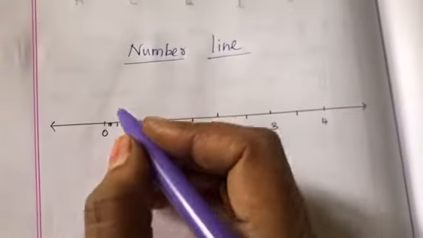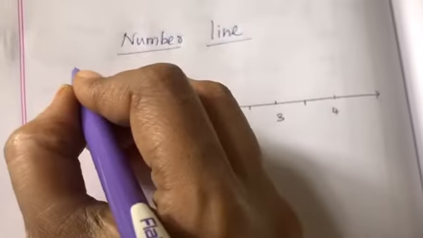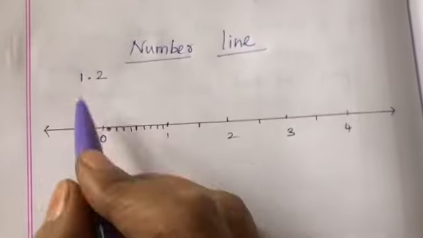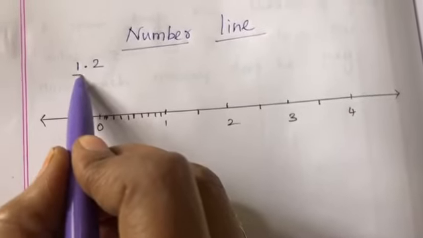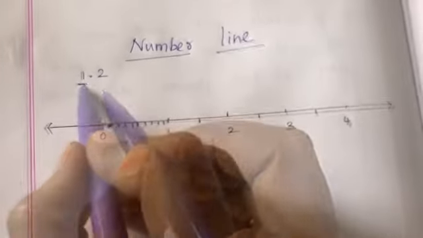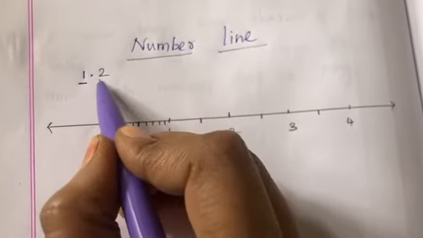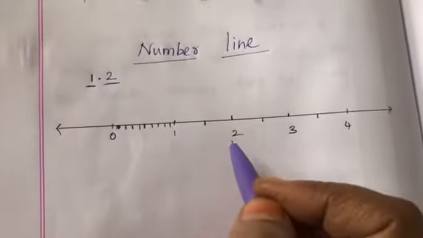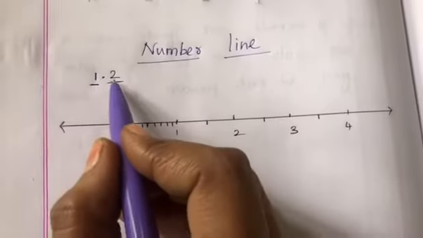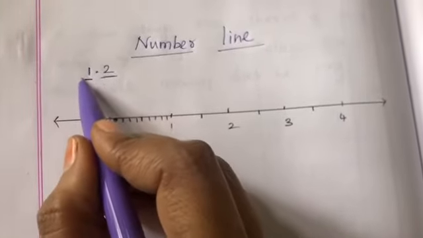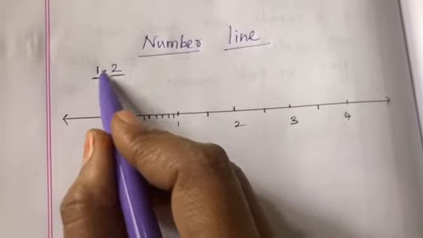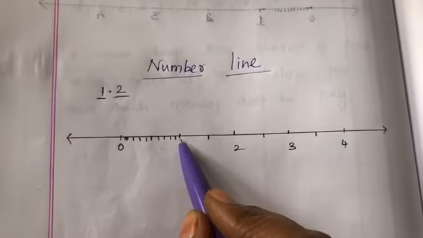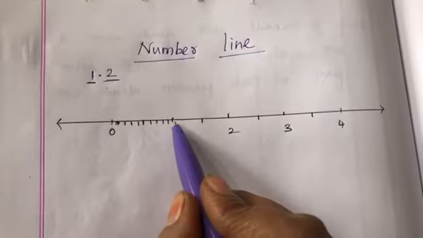We learnt a decimal number is a number that has a whole number part, or an integer part, and a decimal part. This is the whole number part, or the integer part, of the decimal number, and this is the decimal part. To plot a decimal number on the number line, first you have to check the integral part. The integral part is 1. So it is clear that the decimal number will come by 1.